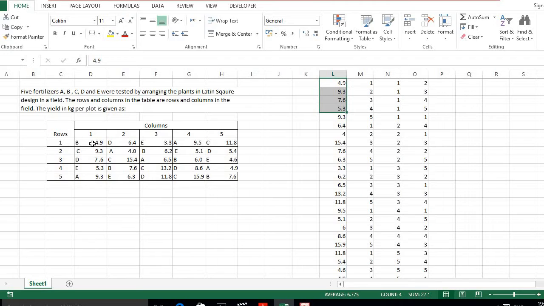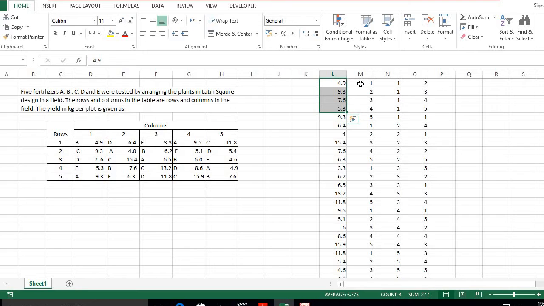The yield 4.9 of fertilizer B is in column 1 and row 1, and 9.3 is the yield of wheat crop by using fertilizer C in row 2nd and column 1st. Similarly, all these observations have been copied here, and the respective values of